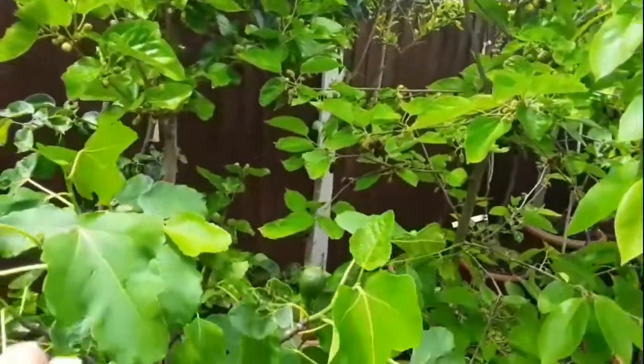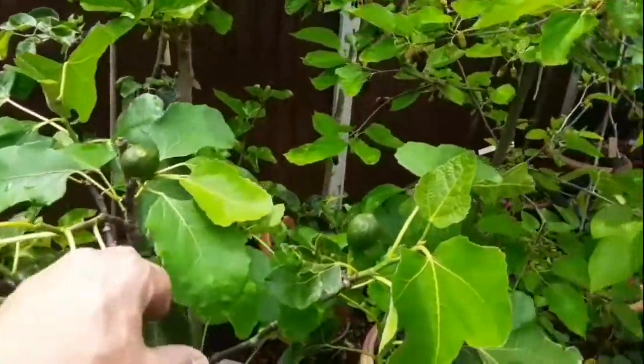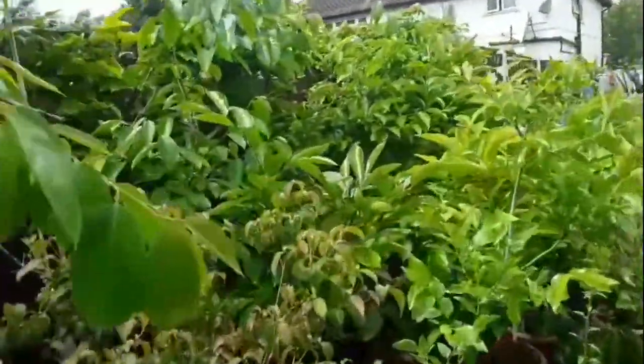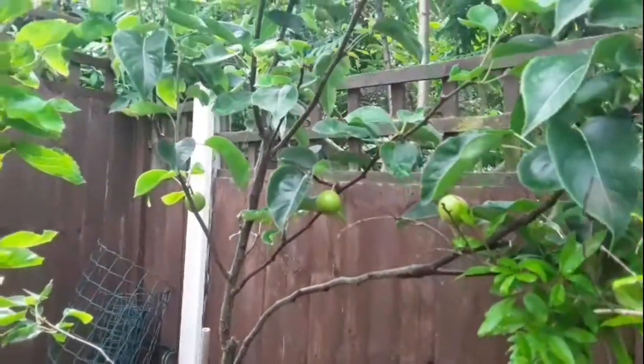This little Brown Turkey fig in a pot here has got a couple of breba fruits on it coming. Should get to an edible size. So if I just wander around the other side, I can just quickly climb through the plants. It's a bit like climbing through a jungle now. And just show you that I have actually got fruits on my Shinseiki Asian